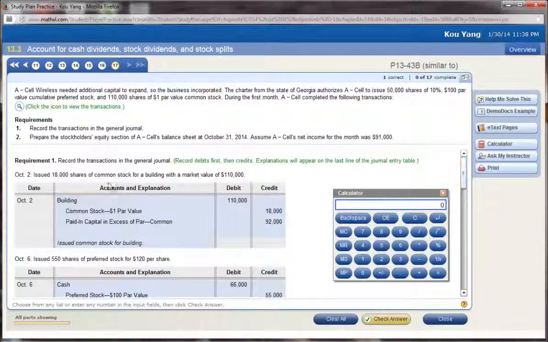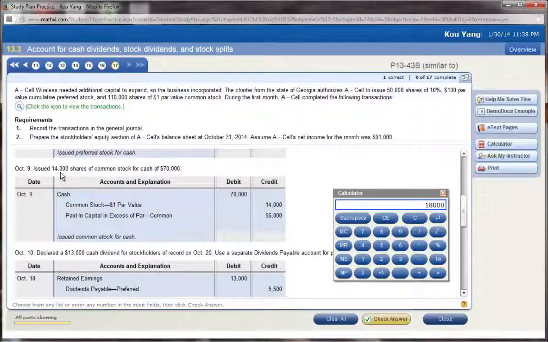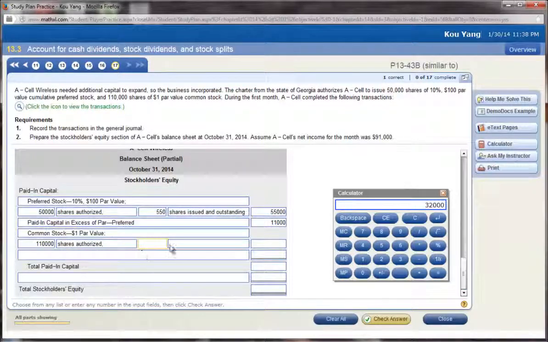So take all your transactions for how many shares you issue for common, which is 18,000 here. And one more, we also issued 14,000 shares here. And I think that's it for common. Yes, that's it. So a total of 32,000 shares issued and